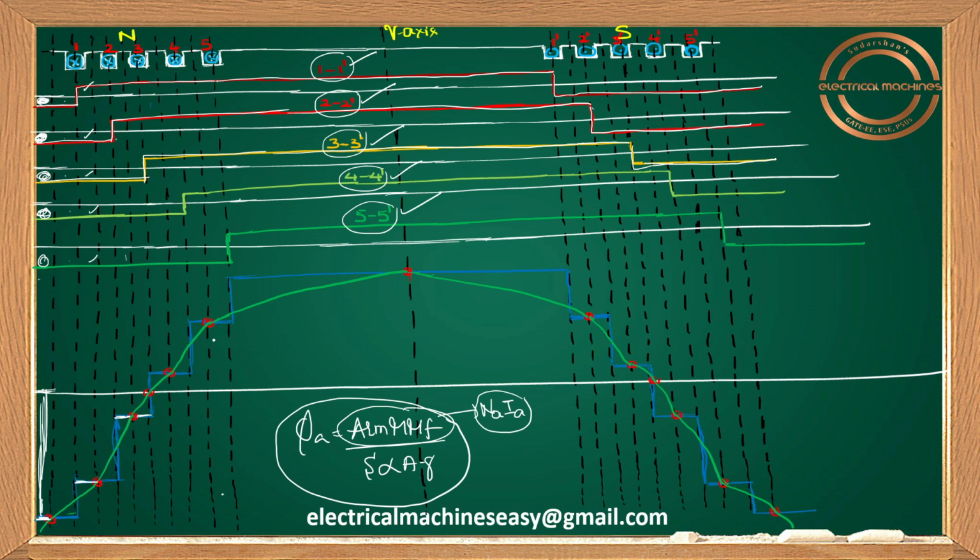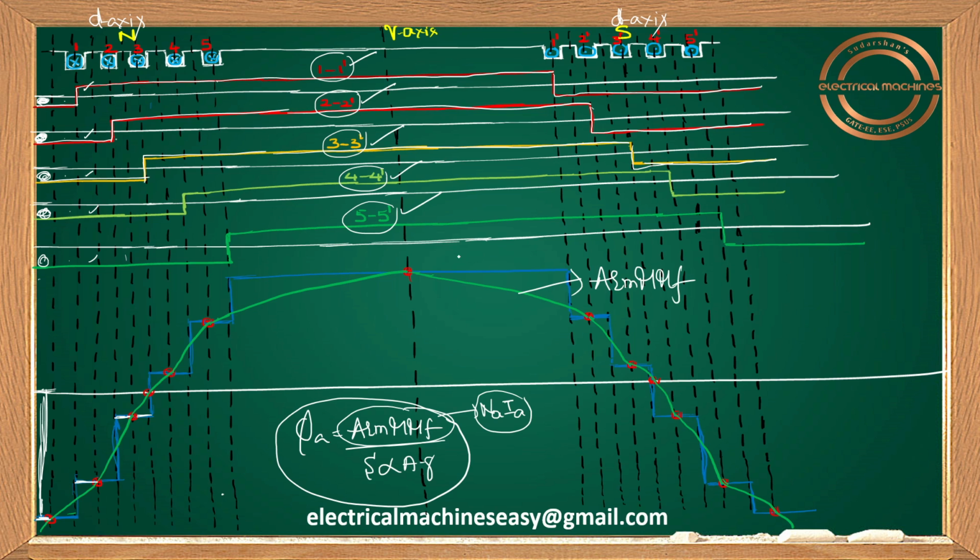Simply adding all those things, take reference points and join all of them. You are going to have the armature MMF waveform. So observe clearly, guys: the polar axis, north pole to south pole, can be taken as the d axis. Yes, this is the d axis. Here also I can say d axis. Observe clearly, if you draw the total armature MMF